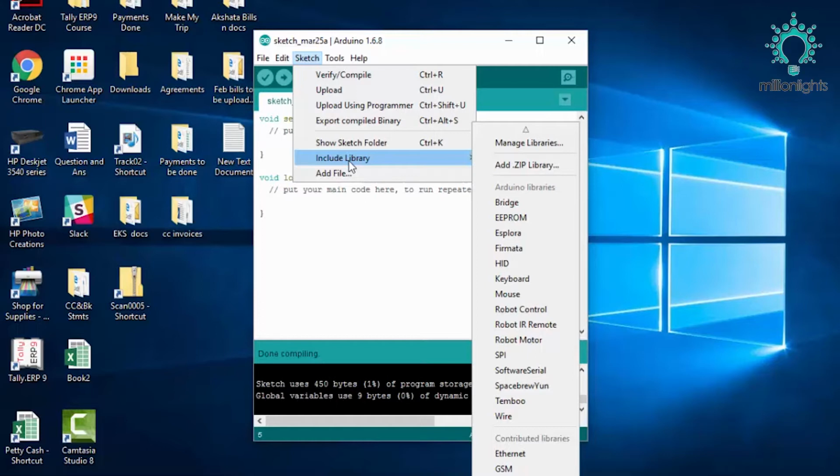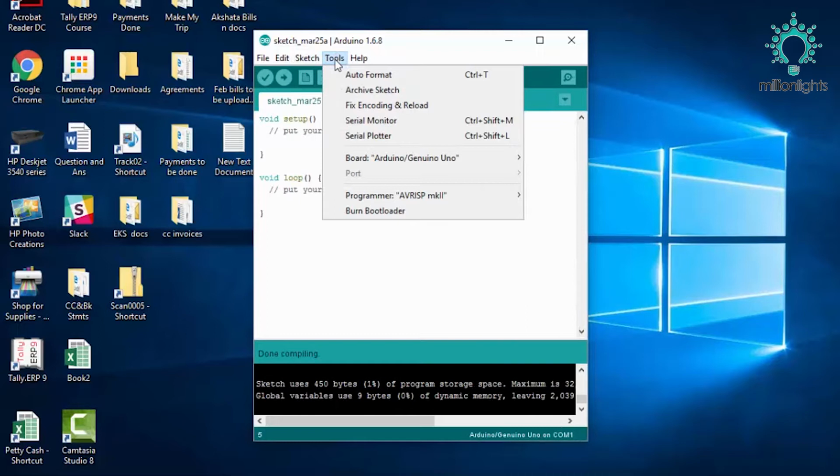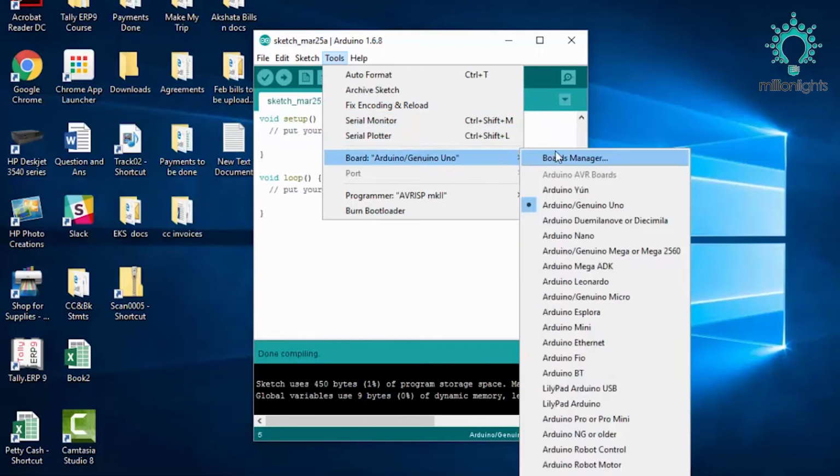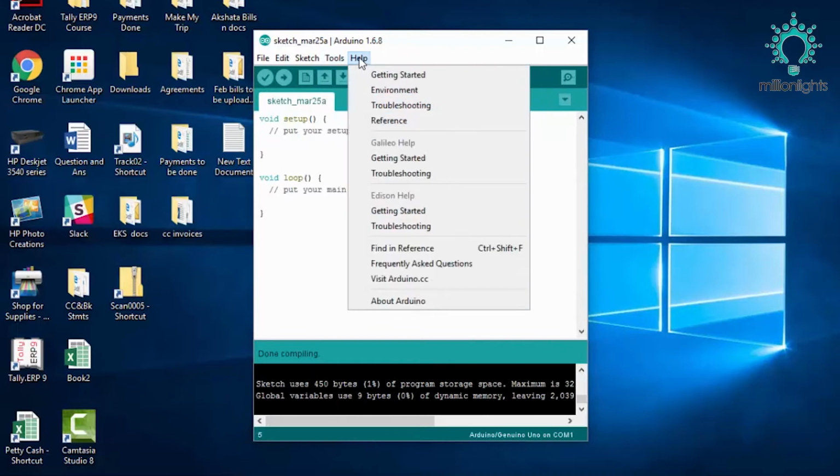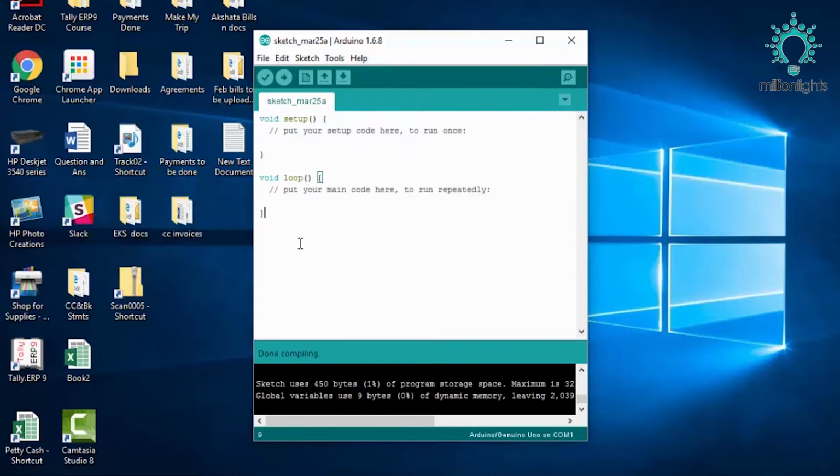Then tools is a very important tab that is available here. In tools we have to select the board. We are using the Arduino Uno board. As discussed earlier, we have more than 15 boards, so we have to select the board which we are using. We are presently using Arduino Uno, so we have to tick this option. In the same way there is also a tab for port. Port is the port to which the Arduino is connected, so for that purpose we have to select the port option. So these are a few things. If you have any doubt you can use the help tab, where there are example references and all the information relating to that.